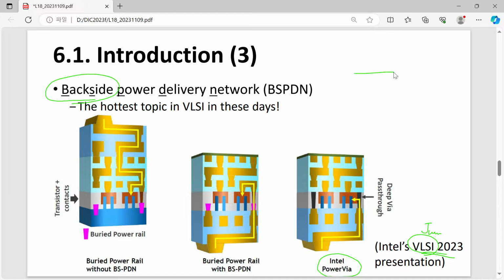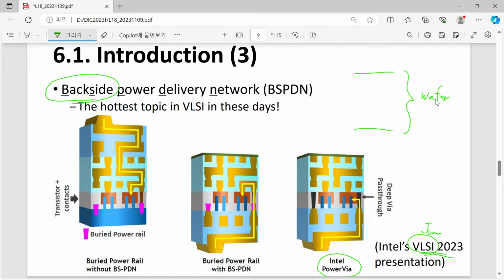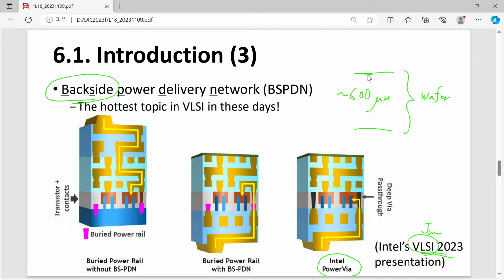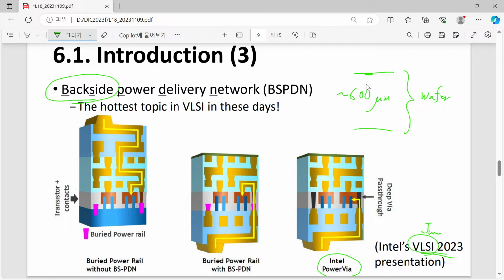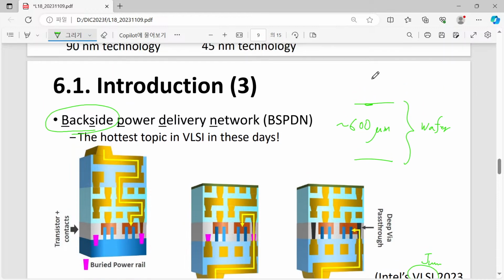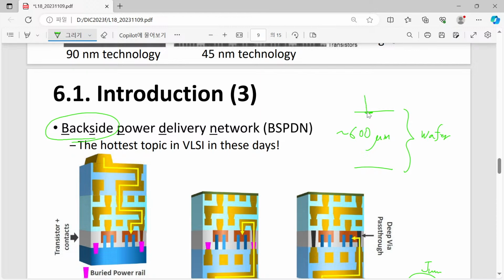Backside means that here we have a wafer, usually a silicon wafer, with a thickness of around 600 micrometers, not nanometers, but 600 micrometers. So in the realistic scale, where can you find your transistors? Your transistors cannot be visible because they are located on the surface of your wafer. That was the situation, and on top of it,